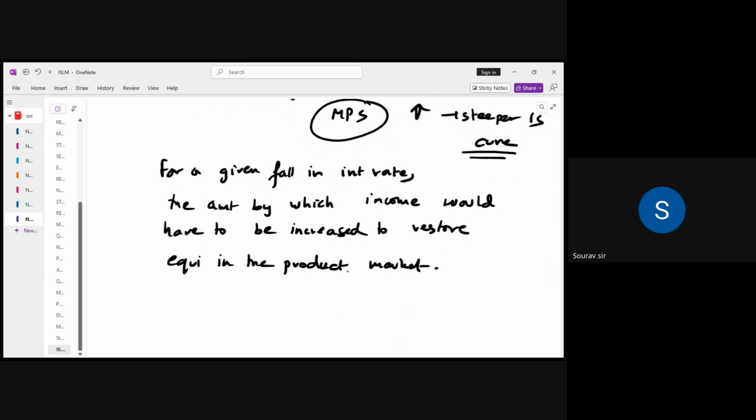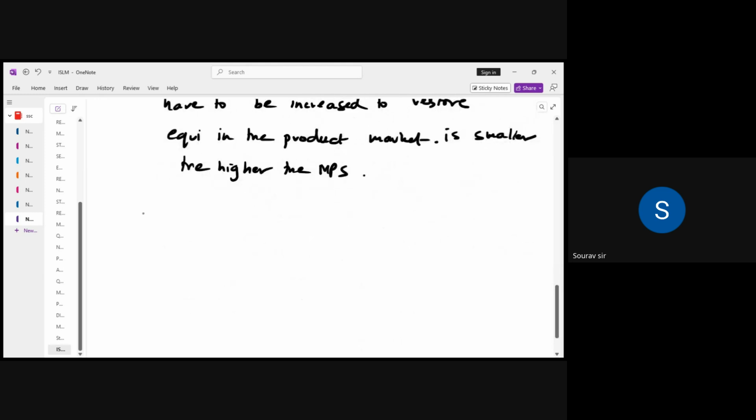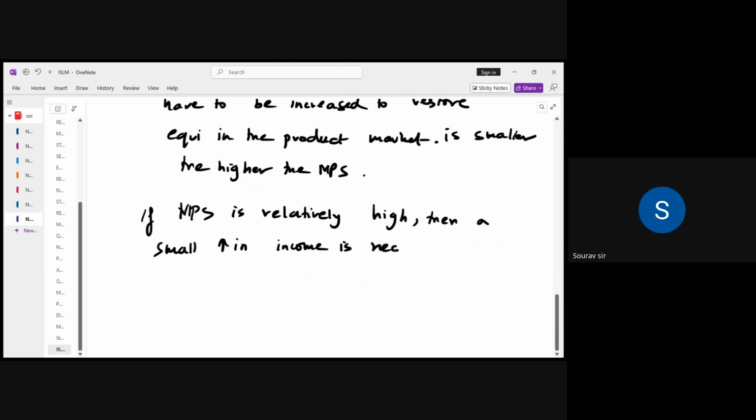Okay, that is smaller. So the higher the marginal propensity to save (MPS)... if MPS is relatively high, then a small increase in income is necessary to generate the new saving